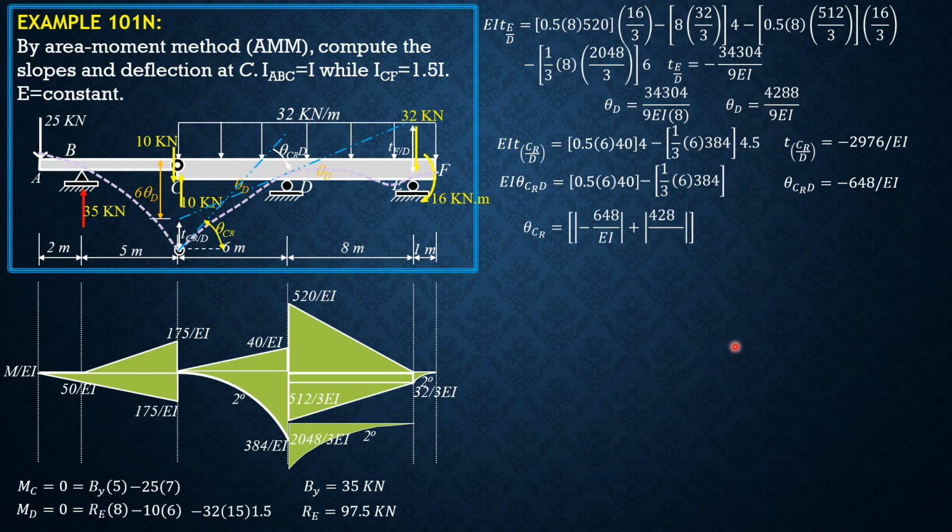In decimal, theta C right is equal to 1124.444 over EI. Delta C, on the other hand, which is this vertical distance negative, is negative of the absolute value of 6 times theta D plus the absolute value of the deviation of C right relative to D, which is negative 2976, and this is theta D. So computing using your calculator, delta C is negative